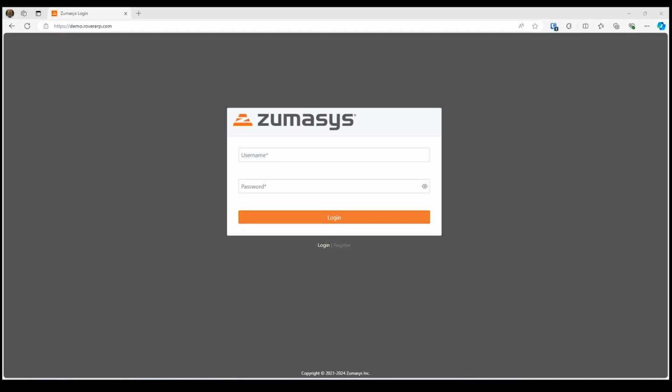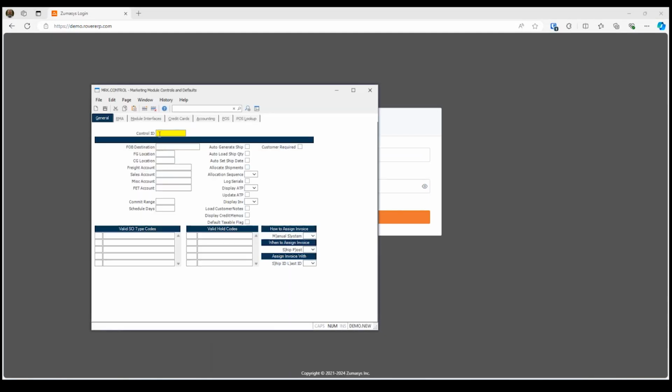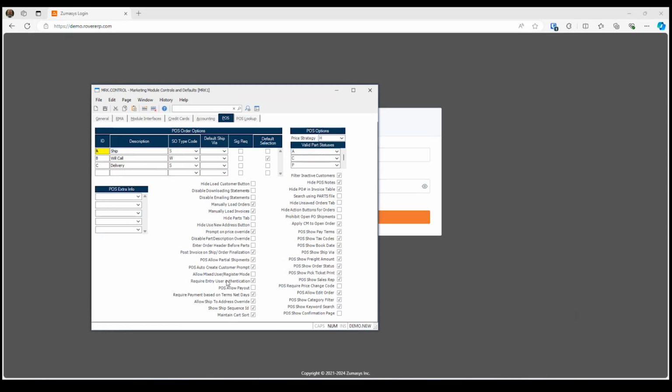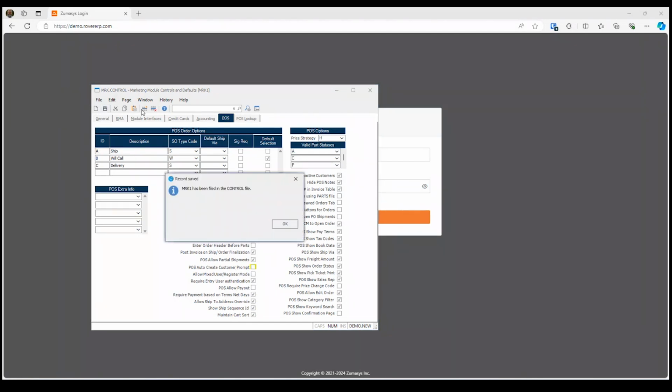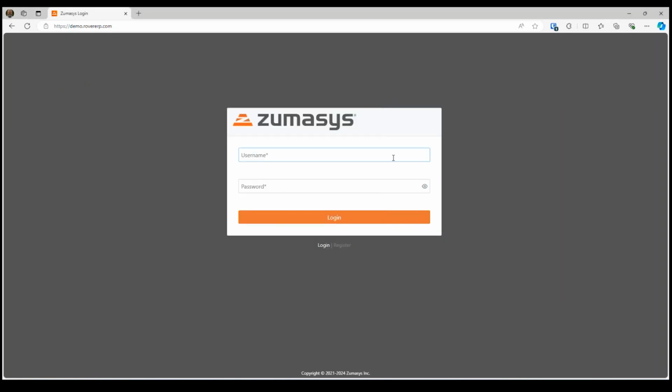And then I'm going to go back into MRK control, and I'm going to flip that flag. So if I go back in here and I uncheck auto create customer prompt, if I save that and then I log back in, and I don't fat finger my password,